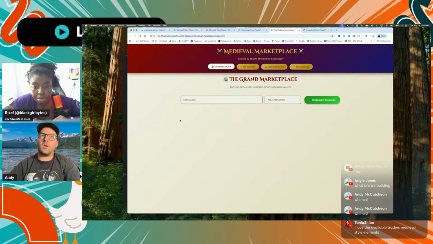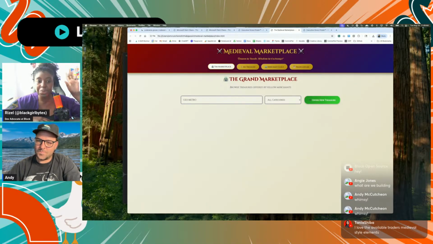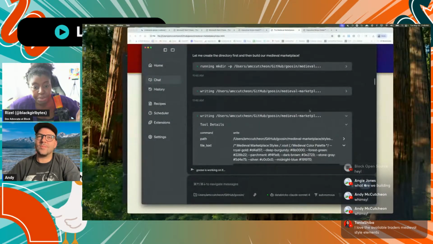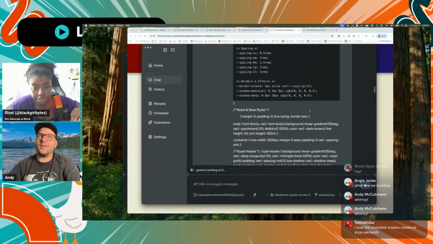I don't know. Yeah, I want to barter for a Geo Metro on the medieval marketplace, and it's not going anywhere. But overall, I think we've got a cool vibe going. We just need items, we need fellow merchants, and we need treasures. So I think that's what Goose is currently working on. Okay, I'm impressed at the way that Goose did the medieval style thing. I was like, I don't know if I'm forcing it with this challenge or if Goose will be able to come through, but it did pretty well for both you and Chaitanya.